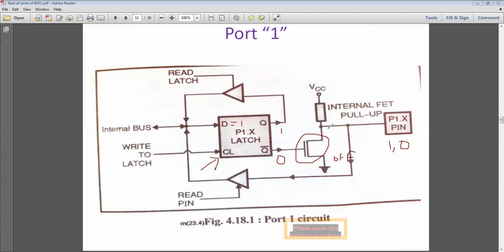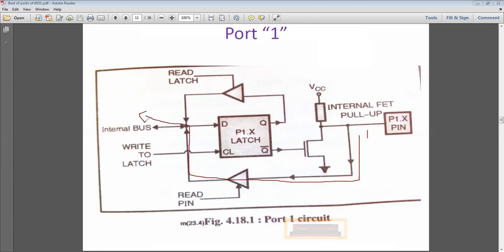So this is going to be off. The moment this is off, a high impedance state will occur at this point, and we cannot say here is a logic 0 or logic 1. And in that case, we can overwrite 1 or 0 on the microcontroller through this data line. Since this pin is at high impedance, the data will be routed through this buffer to the internal bus of 8051. So this is about the input operation of 8051.